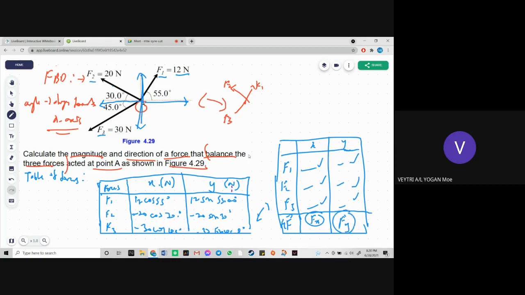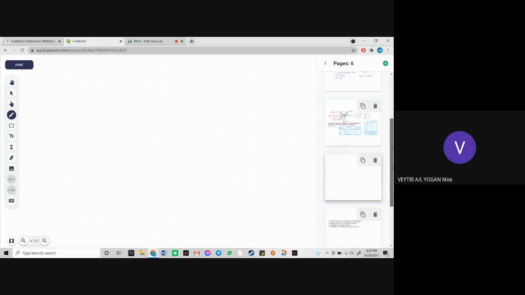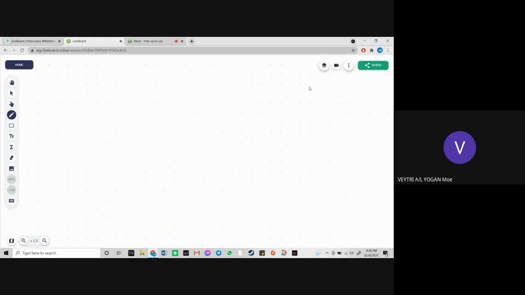Next, what do you do? Okay, you guys know very well, we said that it is balanced, the three forces, basically in equilibrium atau Newton's first law. So, ΣFx equals to 0. ΣFy pun kena equals to 0. Okay, so I'm going to skip a step. I'm going to give you guys the answer straight. What you guys need to do is show me step by step. Alright? So, tadi kita buat table kan, dekat bawah sekali ΣFx atau total of Fx equals to 0. So, you will be getting